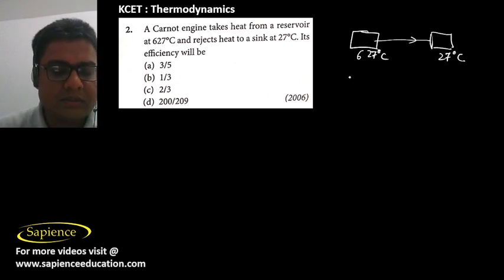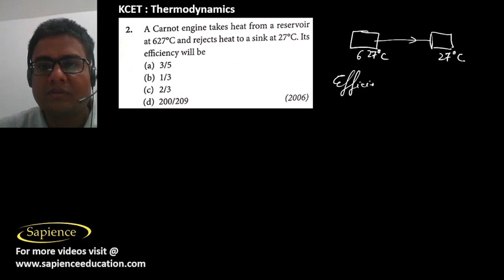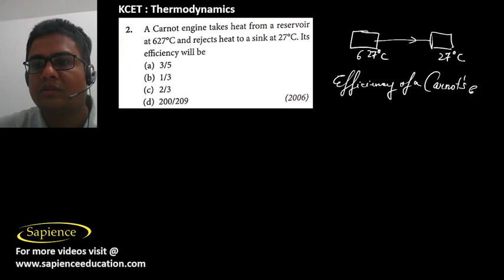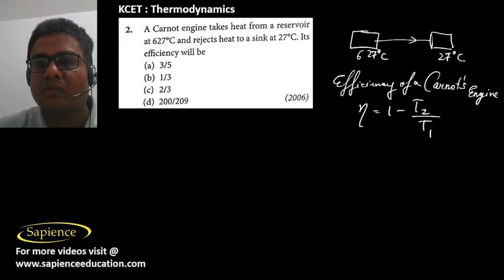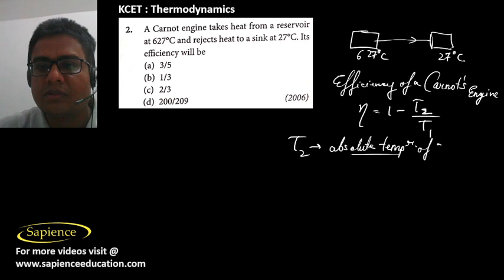So we know that the efficiency of a Carnot's engine is given as eta is equal to 1 minus T2 by T1, where T2 is the temperature of this sink. Here T2 is the absolute temperature, absolute temperature means the temperature in the Kelvin scale, absolute temperature of the sink,